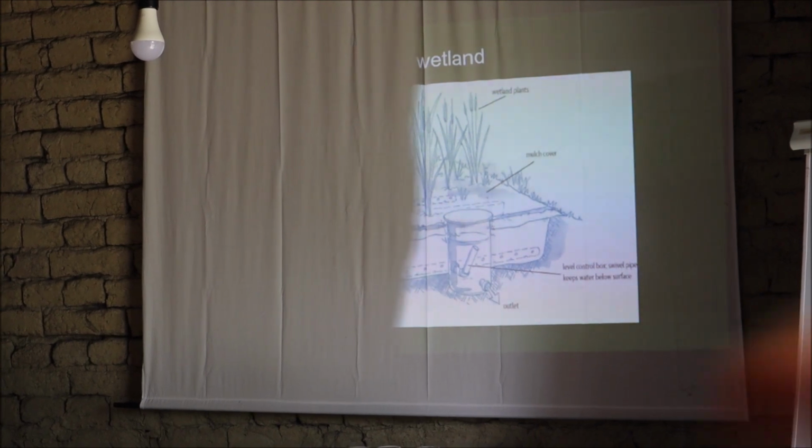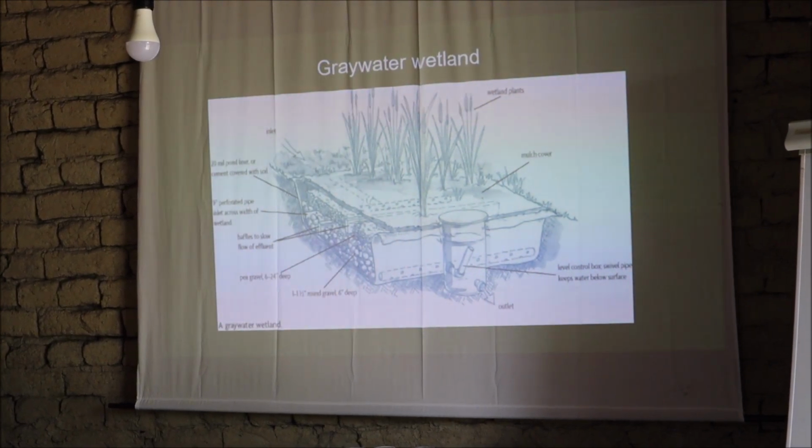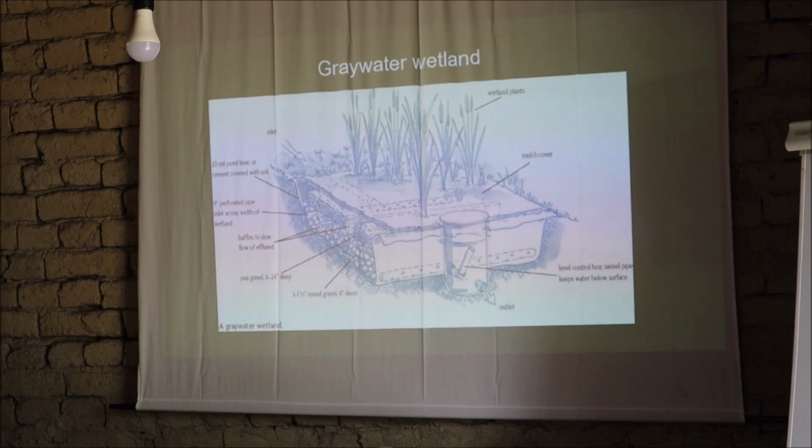This is basically an illustration of an example of how you can create a gray water wetland that is separate from your pond, because maybe you don't have enough space in that area where you want the pond. Maybe you want to use it for swimming, but you still would want to have the clean water naturally without any chemicals. So then you can make a separate wetland area and channel the water between them, and you can cycle it through the wetland area.